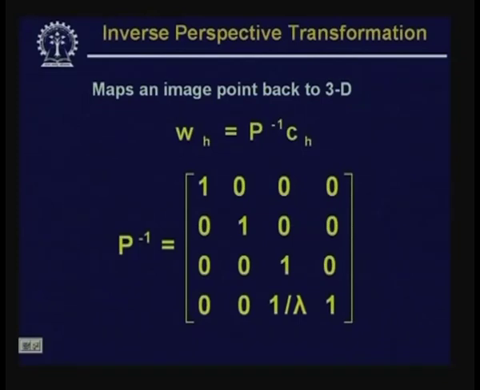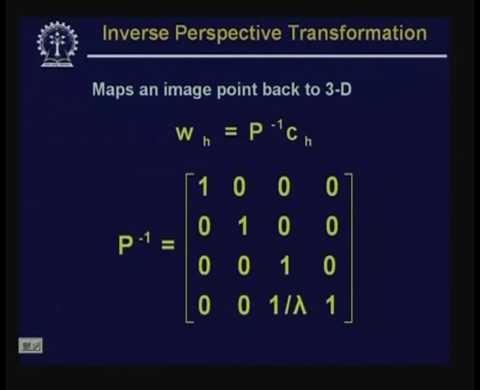So, now let us see what is the corresponding inverse perspective transformation that we can have. As we have said that a perspective transformation maps a 3D point onto a point in the image plane. The purpose of inverse perspective transformation is just the reverse. That is, given a point in the image plane, the inverse perspective transformation, or P inverse, tries to find out the corresponding 3D point in the 3D world. So, for doing that,